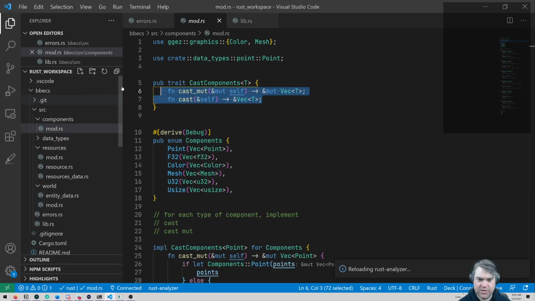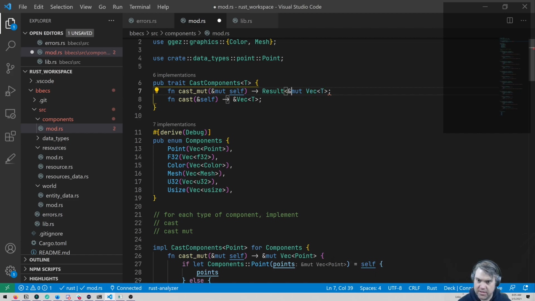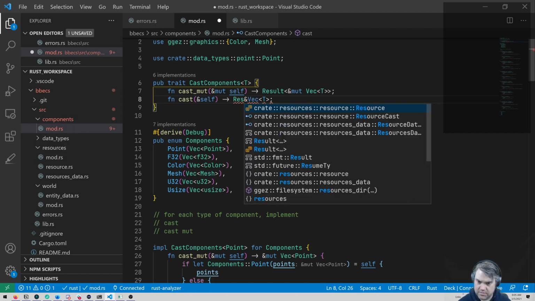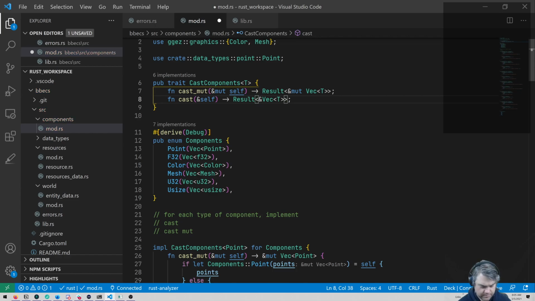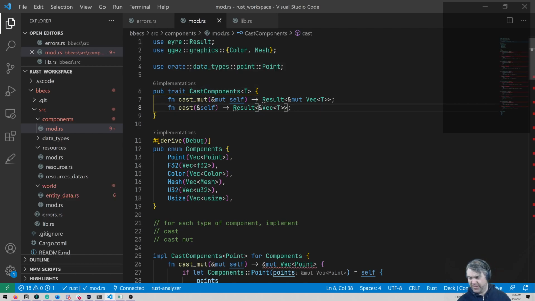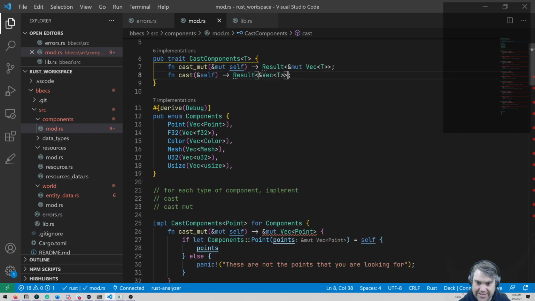So I think the way this works is in this mod, we're also gonna pull in... So instead of returning this, we're gonna return a result, but it's gonna be an error result, which will have this in, like that. And it's gonna be the exact same thing here. And I'm pulling in error result and using that one instead of the default result. Now, all of these are yelling at me because we need to actually return the result.